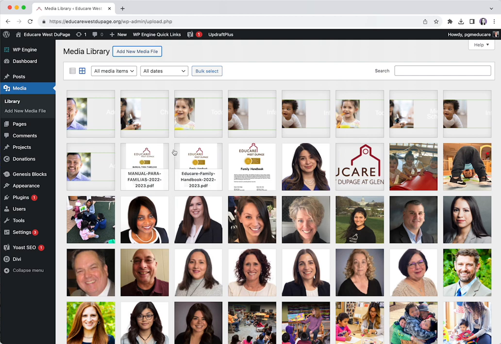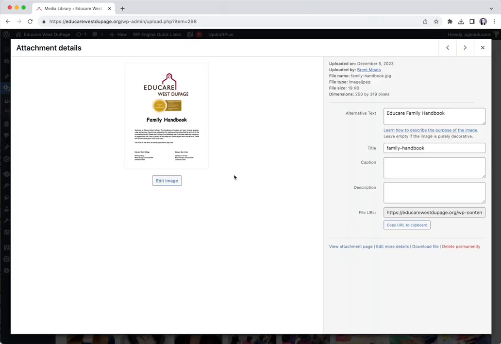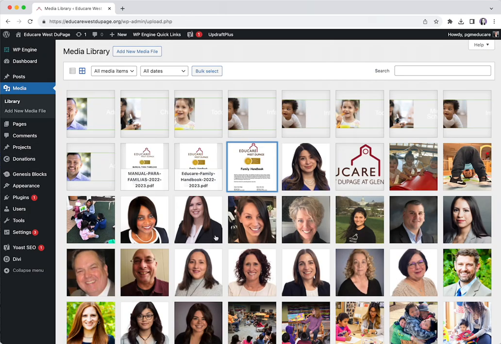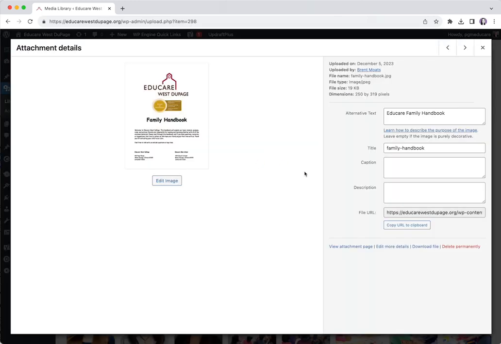One thing I do want to show you here is how you can link PDFs. So if you had, for example, the family handbook, if you wanted people to be able to download the family handbook, what I would do is upload the PDF of that handbook to your media library, as we've done here. And once it populates, you can click it, as I did, and you'll see the name of the document and this file URL. So if you click the copy URL to clipboard, this will copy this link